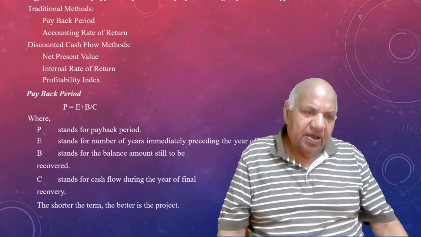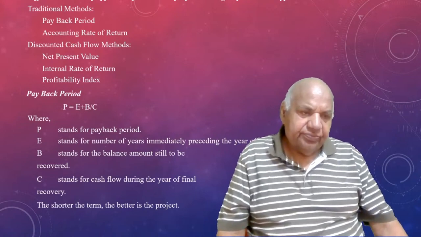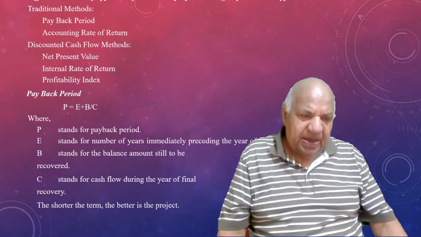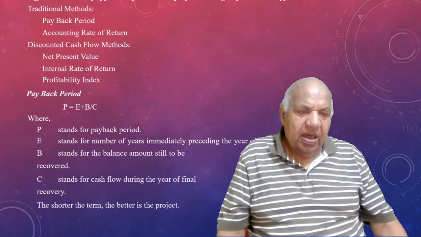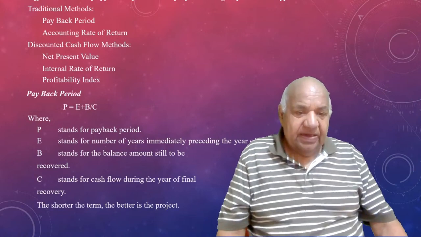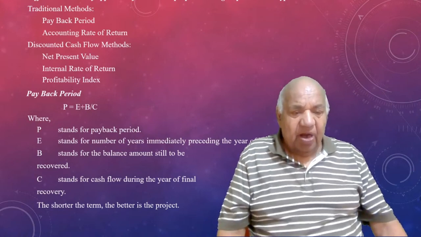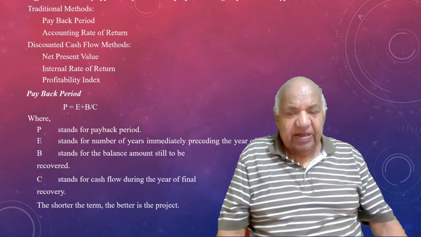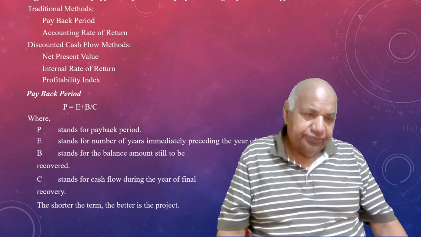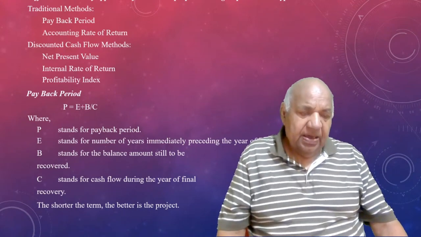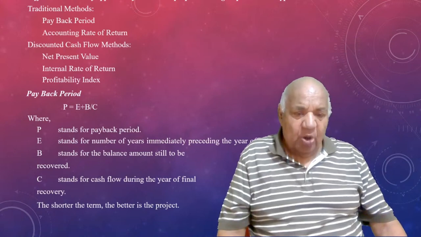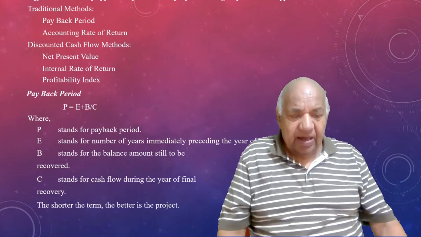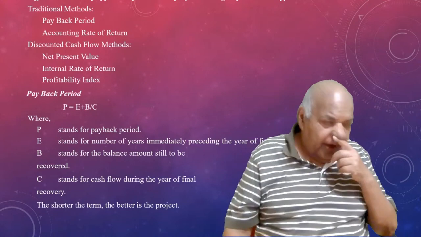The first method, payback period. Payback period, here in the formula P equal to E, where E stands for number of years immediately preceding the year of final recovery, plus B, where B stands for the balance amount still to be recovered, divided by C, where C stands for cash flow during the year of final recovery. For example,